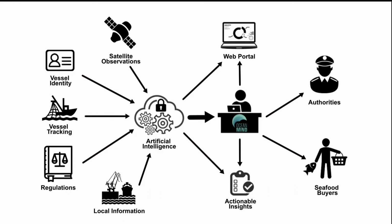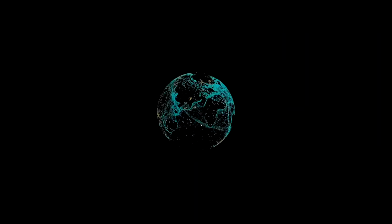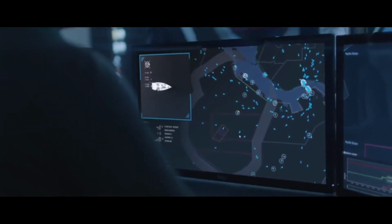But of course, it's a lot more complicated than that, because there are actually billions and billions of data points to sort through. Many different types of vessel doing all sorts of interesting and different things. And you can't just discount a vessel because it might claim to be a fishing vessel or claim to be a cargo vessel. You have to actually look at its movements and see whether it's involved in fishing activities. But again, that's not enough, because if you know what it's doing, you still need to know whether it's allowed